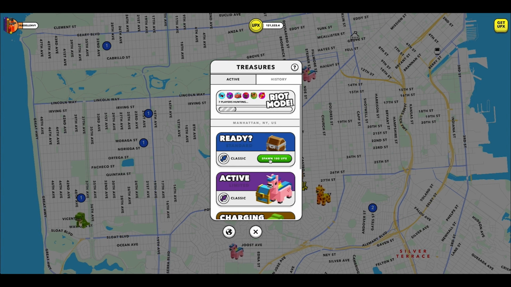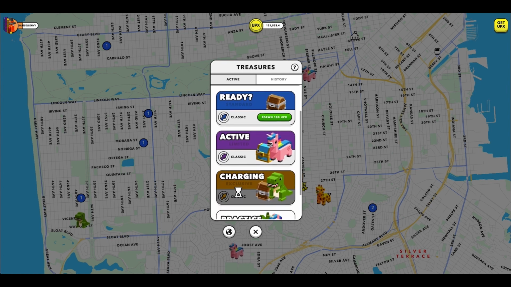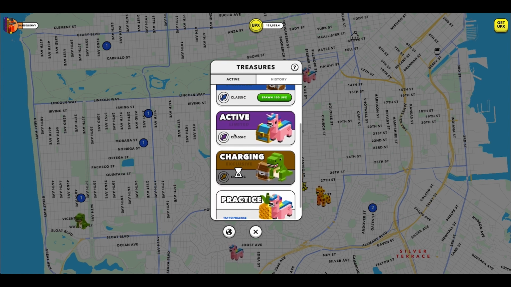So if I were to click spawn and go ahead and create this, it would give me a 5-minute countdown, and this would actually let me start treasure hunting, and I'm the only person who's going to find this treasure. These other 2 here, when you're looking at a limited, this is a group, and this is also a group activity, which means